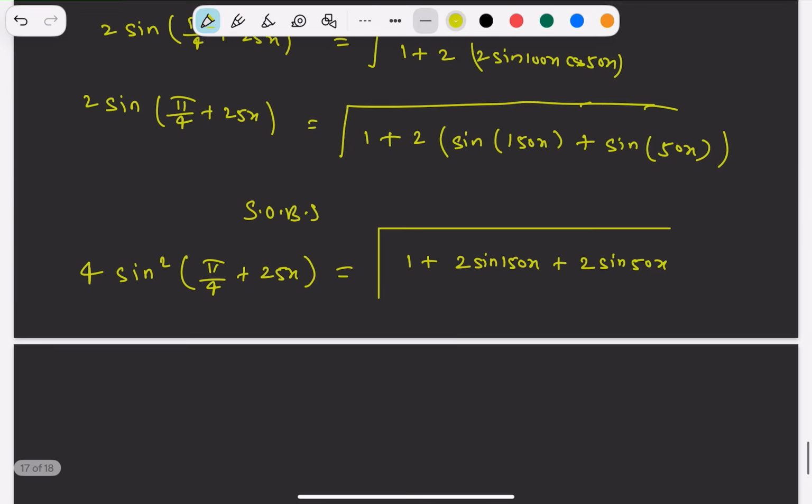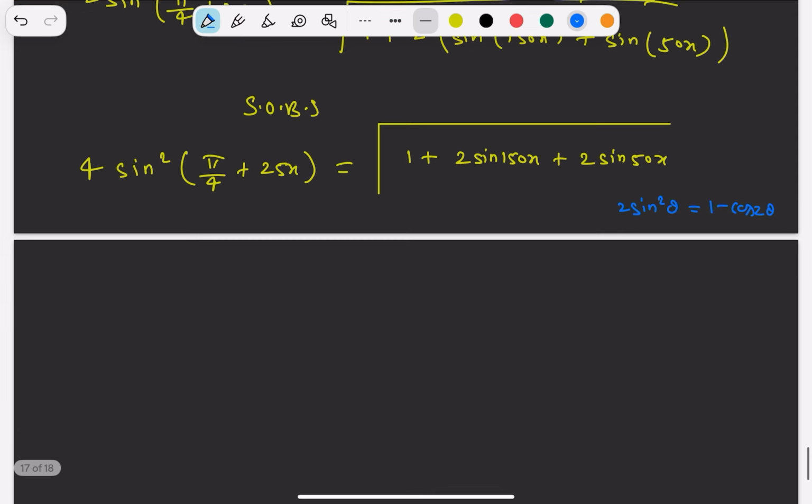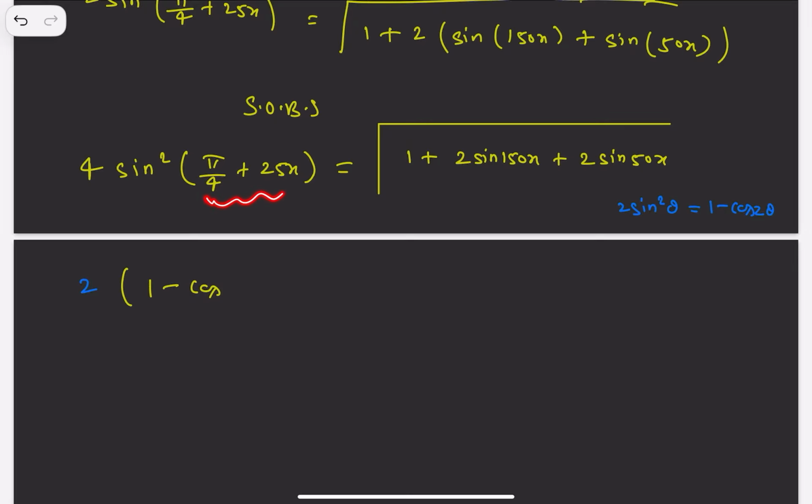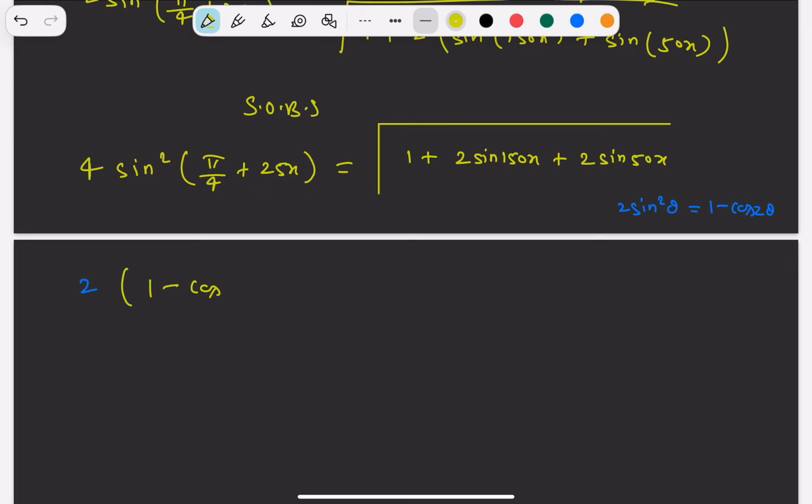Now since we know that 2 sin square theta can be written as 1 minus cos 2 theta, correct or not, this number can be written as 2, I am taking outside, and then 1 minus cos, multiplying 2 inside this angle. So how much are you going to get if you multiply 2? Pi by 2 plus 50x, and since we have squared both sides,